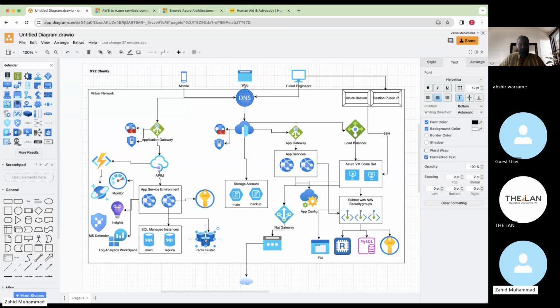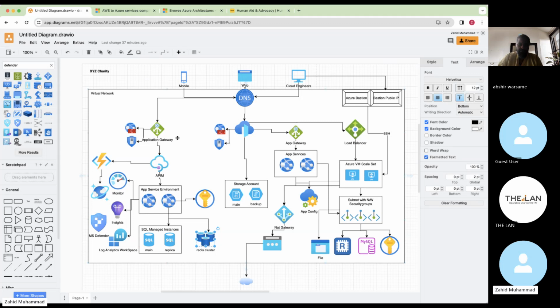And Redis is an optional kind of in-memory database. If the application is using it, again, it is the responsibility of the cloud engineers to set up the Redis cluster: how many instances are running, which one is the main, which one is the secondary within the cluster. All of that would need to be created by the cloud engineers. I can create the task if you need, Abashir, a more granular task for you to work on if you are interested. But yeah, those are the kinds of tasks that would be needed to expose these